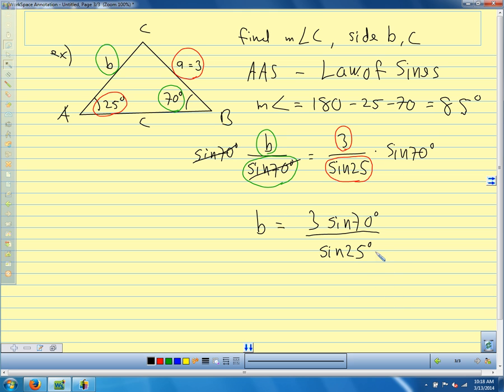Now, just like we did when we were doing SOHCAHTOA, I could plug sine 70 into my calculator and turn that into a decimal. I could plug sine 25 degrees into my calculator, turn that into a decimal. If you do that in the middle of the problem, make sure you keep 4 decimal places for these numbers. But most of us, because the calculators that we're using are nice, we can type our answer in just like this. So let me get the calculator here, and I'll show you how we type this into